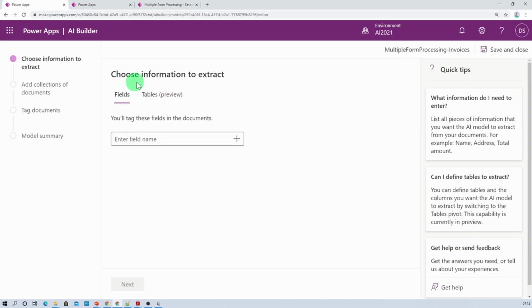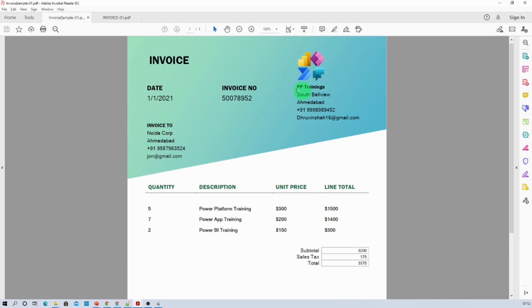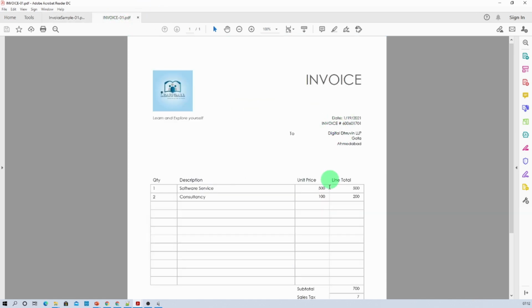The very first step is that you need to choose the information you want to extract from your model, meaning you need to define the different fields from your forms over here. So let's say, for example, here in invoices we need to define each individual field from these invoices in order to make our data structure. And let's say in this particular invoice form we have more fields, and in this invoice form we have fewer fields.